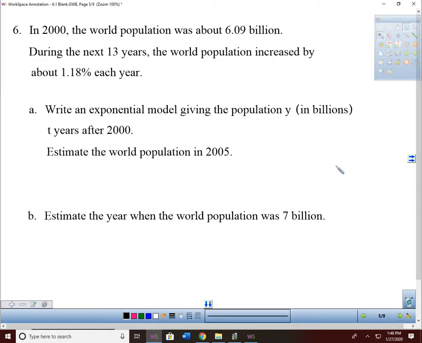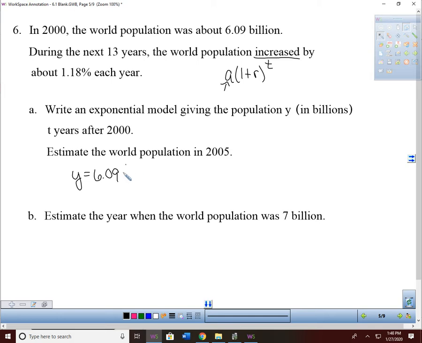All right, in 2000, the world population was about 6.09 billion. During the next 13 years, the world population increased by about 1.18% each year. Write an exponential model giving the population y in billions t years after 2000, and then we'll estimate the world population in 2005. So first, let's start with writing the exponential model. I know that I am increasing, so I'm going to be using the model of a times 1 plus r raised to the t. Okay, so remember, a is your initial amount. So I know I've got y equals